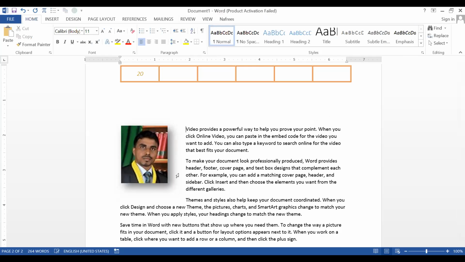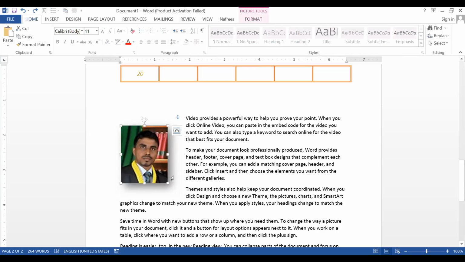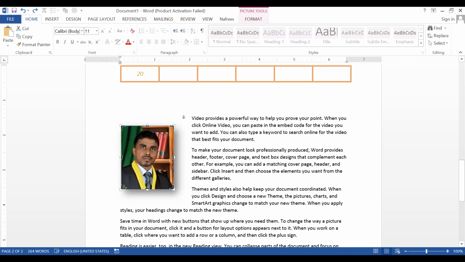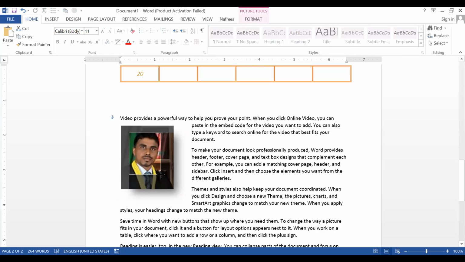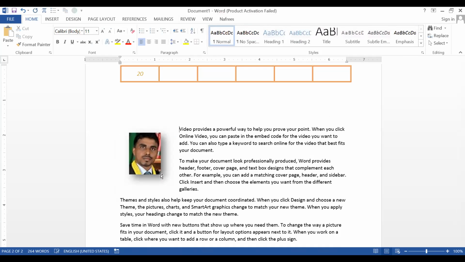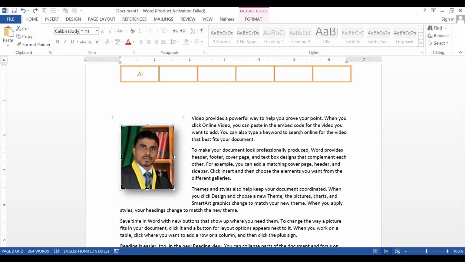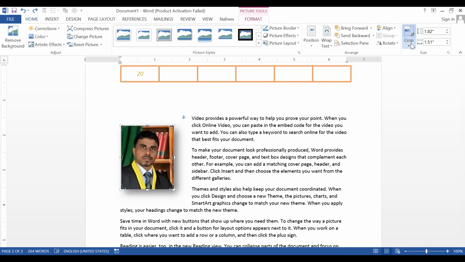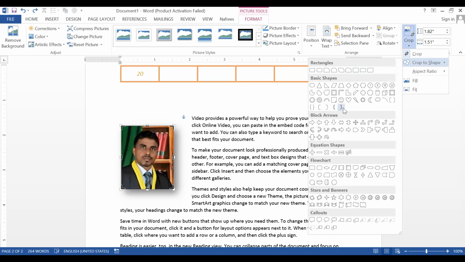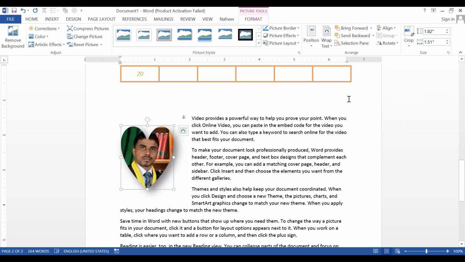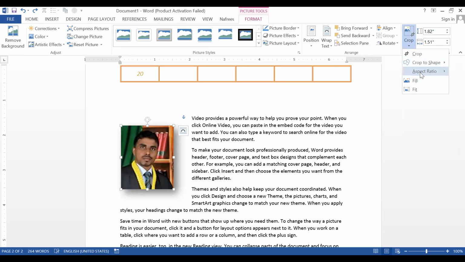Okay, once you complete the cropping work, let's say I want to crop here, so do some cropping work here, and if you finish, then press enter. It is cropped. Likewise, there are different cropping styles. For example, go to formatting, crop option and shape. So these shape options create different styles of cropping options. Likewise, you can work with ratio.